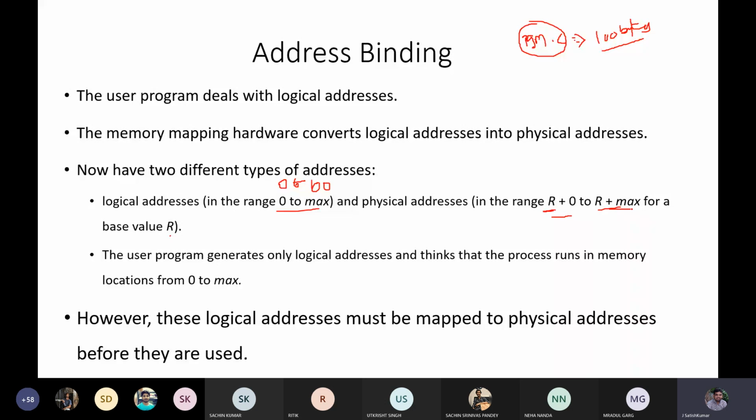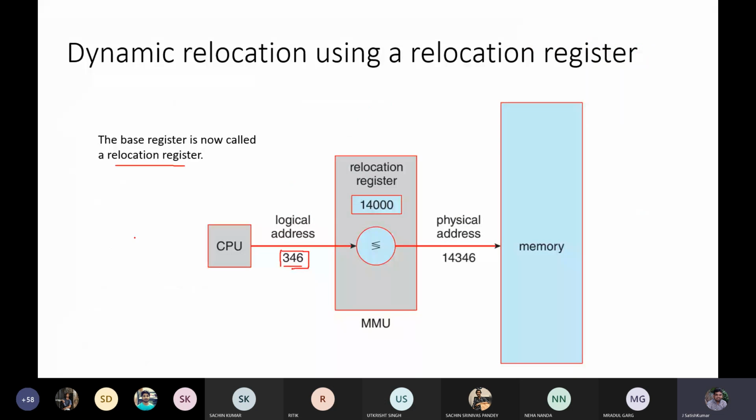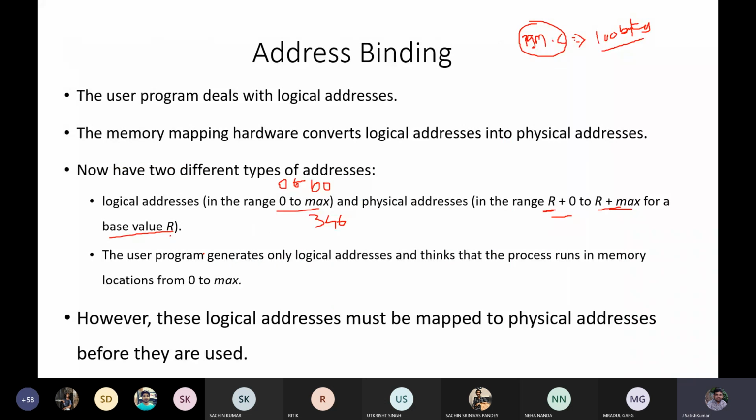Now the logical address is generated by the CPU. The CPU generated 346, and the range that is available is the relocation register, which is the base value R. That is a base register. The base register is the relocation register. The base register R is 14,000. Now the physical address is mapped from 14,000 to